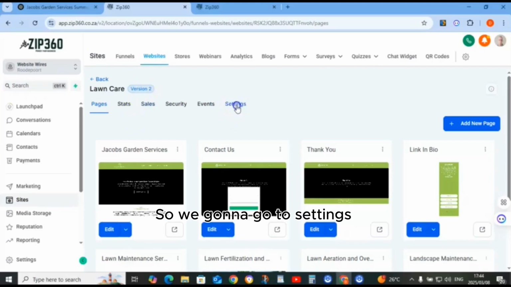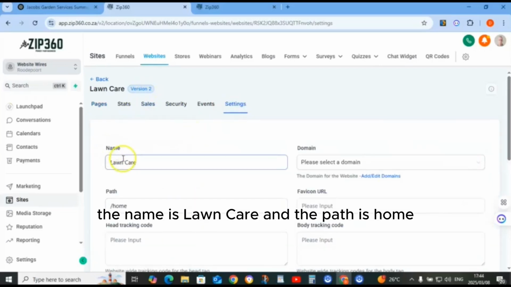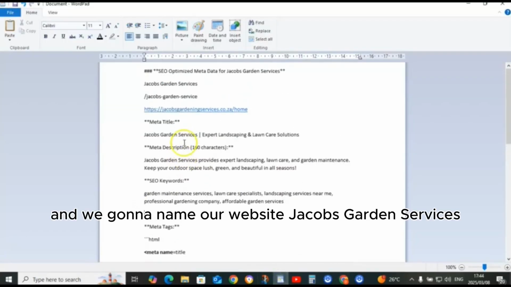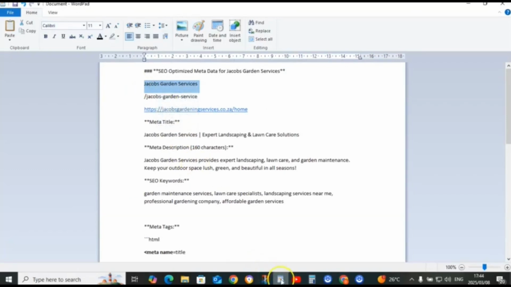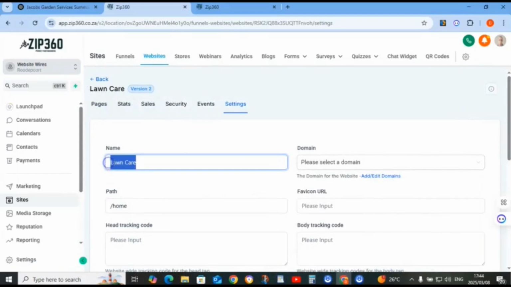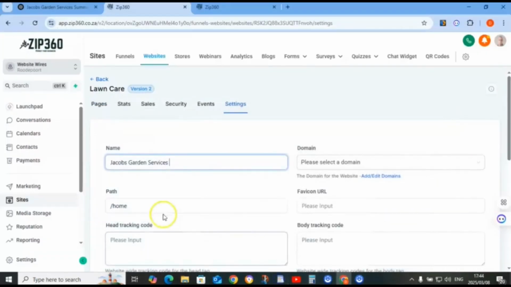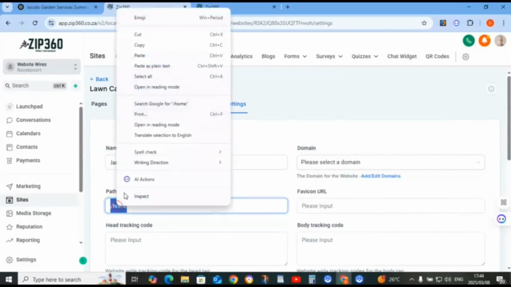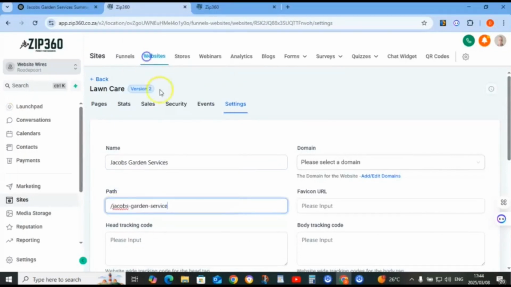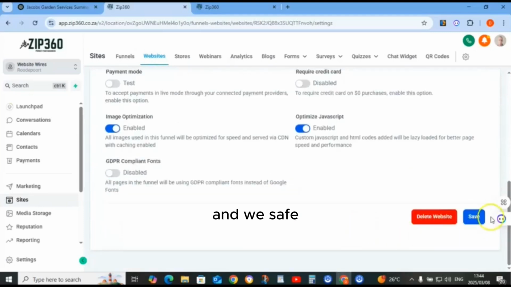So we're going to go to settings. The name is lawn care, and the path is home. And we're going to name our website Jacobs Garden Services, like this. And the path will also be Jacobs Garden Services. And we save. And then